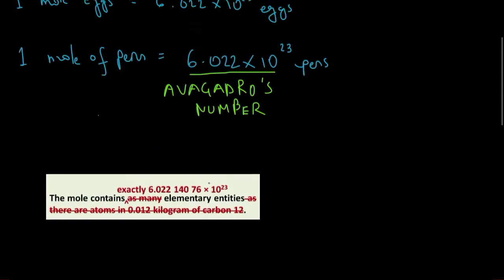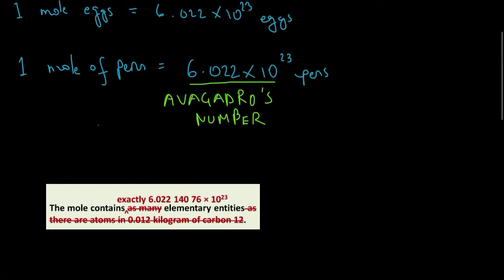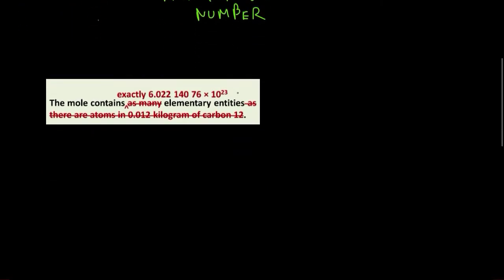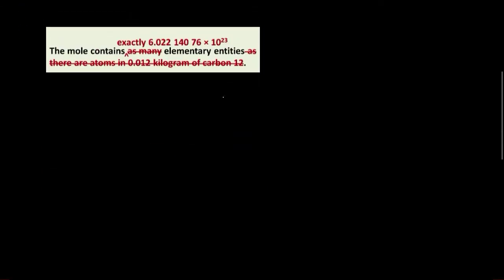So we'll talk about how scientists figured out the Avogadro's number maybe in the future, but it's not required for your O and A levels. And I try to keep these lessons in this channel pretty straightforward, easy to understand and simple. So in O and A levels, you basically need 3 formulas to calculate moles. And they are, the first one is